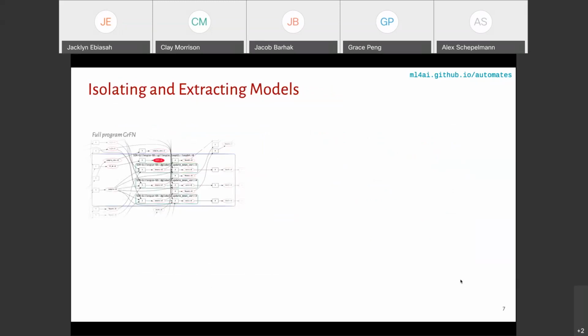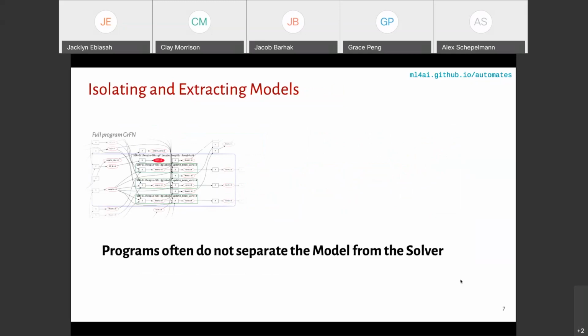Now, it's probably not a surprise that getting a nice, pristine picture of the scientific model in the form that a human domain scientist cares about from code is difficult. That code usually involves a lot of different roles, and not all of them have specifically to do with the model. So one of the things that we're able to do with our framework is identify and extract the model from the other code that may be playing some of these other roles.